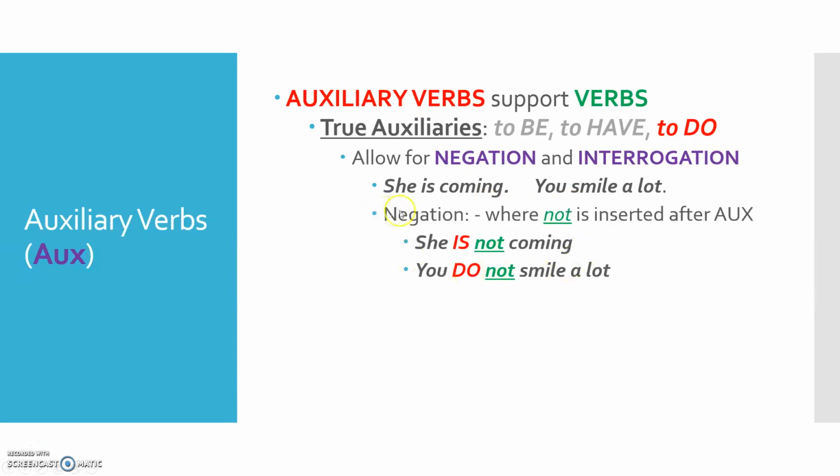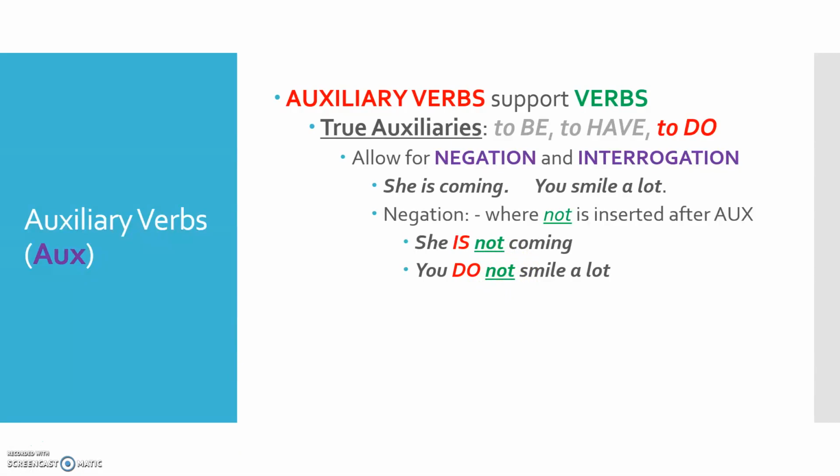So negation, how do we form negation? Well, we need to put not in the sentence. And where do we put not? We put it right after the auxiliary verb. So she is coming. There already is an auxiliary verb there, so it's very easy just to negate that. She is not coming. But in you smile a lot, how do we negate that? We don't say you smile not a lot. We need an auxiliary verb, so we have to put in do. Do we call a dummy auxiliary because it just sits in there in the auxiliary slot. We need an auxiliary, so we just throw do in there, and that allows us to then negate the